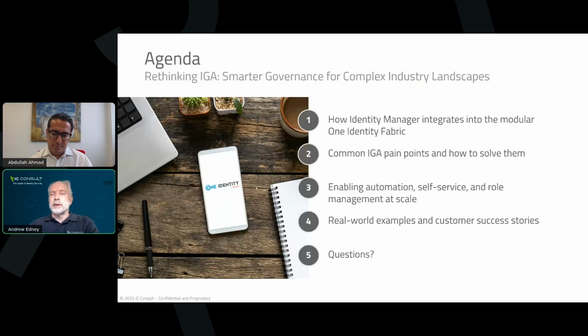I'll give a quick idea of some of the common IGA pain points and how we solve them for those who are less familiar with how the IGA systems work. We're going to have a demonstration by Abdullah on the enabling of automation, self-service and role management at scale, showing some of the power of One Identity Manager. I'll do a little summary of some real-world examples and customer success stories, and then we'll have a Q&A session at the end.